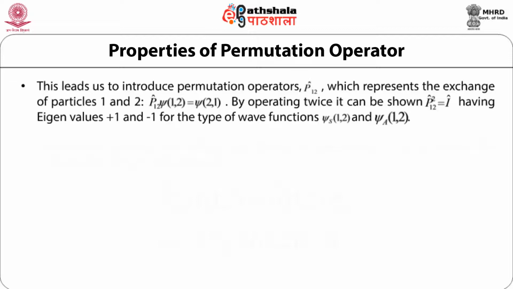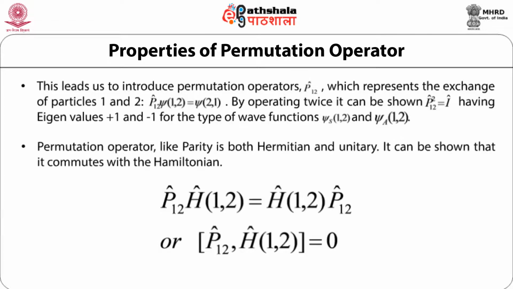That is, if the wave function is symmetric, psi subscript s12, then the eigenvalue is +1, and if the wave function is antisymmetric, psi subscript a12, then the eigenvalue is -1. The permutation operator, like the parity operator, is both Hermitian and unitary. That means that the permutation operator is equal to its inverse as well as equal to its adjoint, and thus